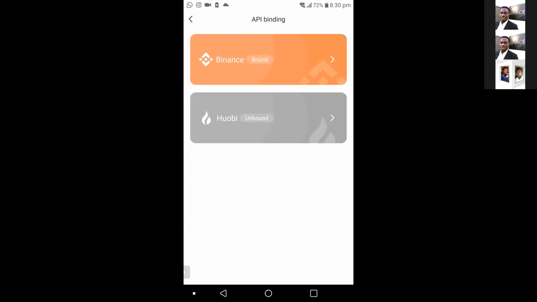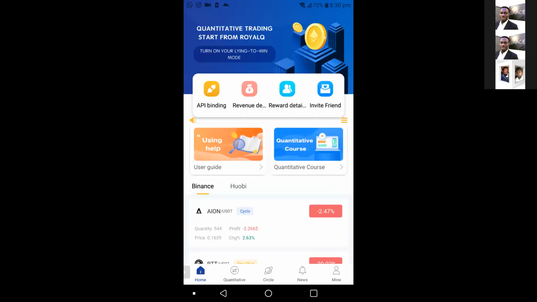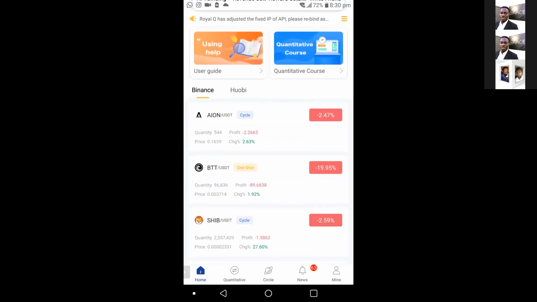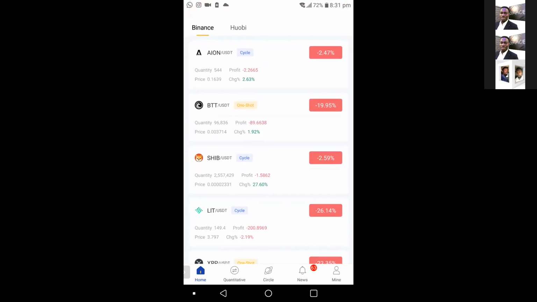The RoyalQ also will send you a verification code to your email. Now, I want to show you something on this RoyalQ app. This is my RoyalQ app. As you can see that,